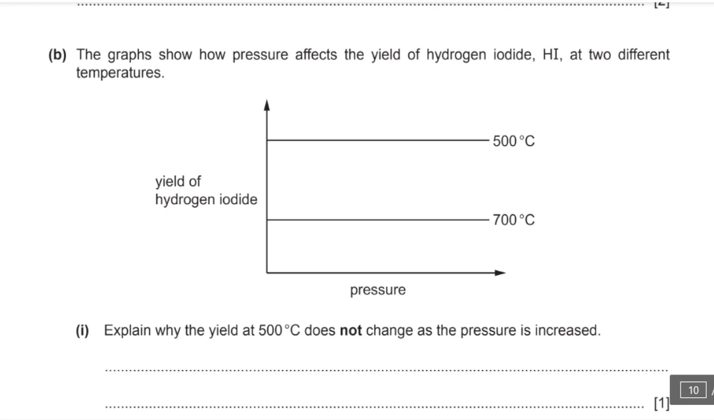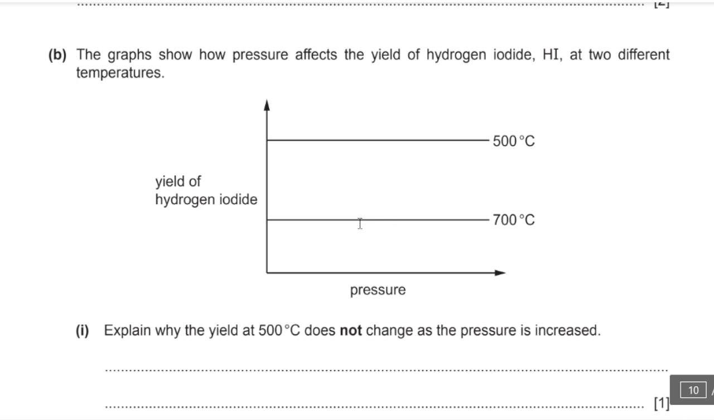B. The graph shows how pressure affects the yield of hydrogen iodide at two different temperatures. As you can see from the graph, as the pressure increases, the yield remains the same. The difference is due to the temperatures. A higher yield is obtained at the lower temperature of 500 degrees Celsius, and the higher temperature of 700 degrees Celsius